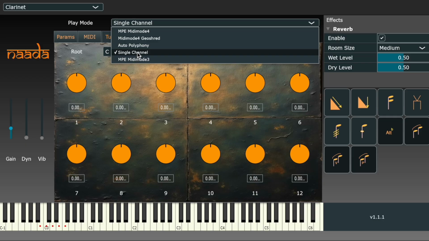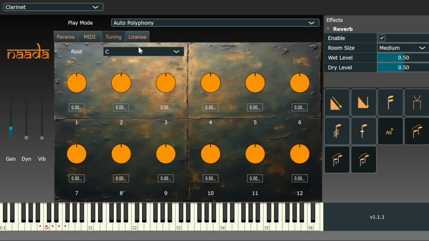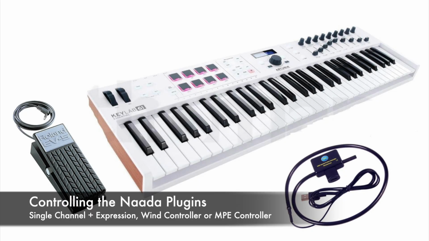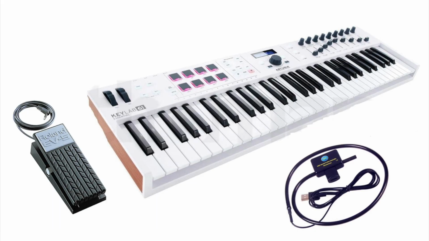There are several MIDI play modes like single channel with an expression pedal, MPE MIDI mode 3 like a Seaboard, MIDI mode 4 like a Linstrument, MIDI mode 4 like GeoShred, and auto polyphony. There's also built-in reverb, and you can play with a number of controls including room size, wetness level, and dryness level. You can control the Nada for Windows plugins using a single channel MIDI controller with a source of expression,